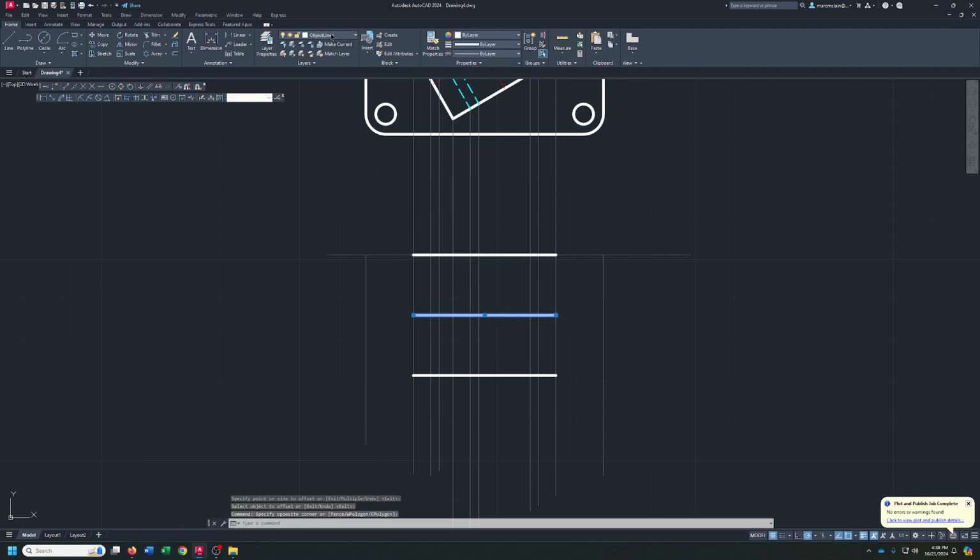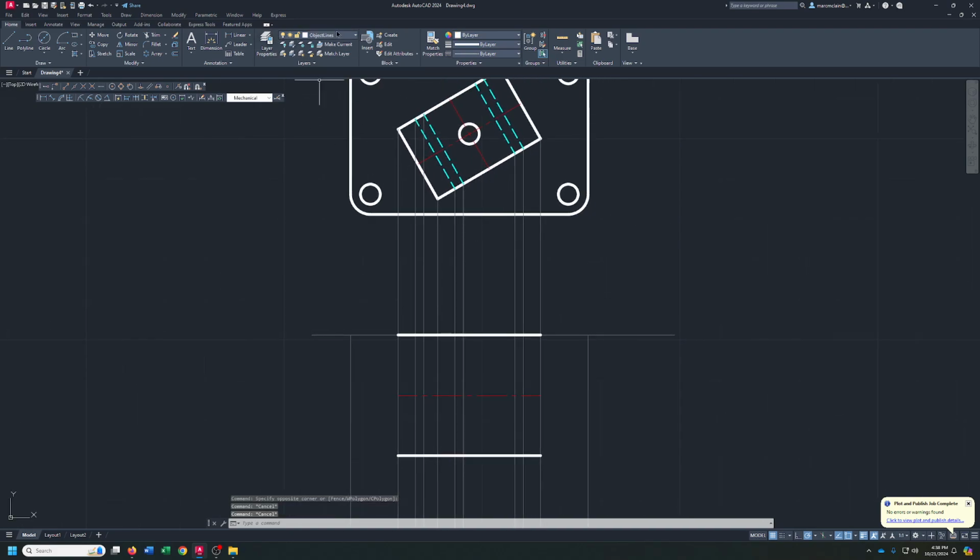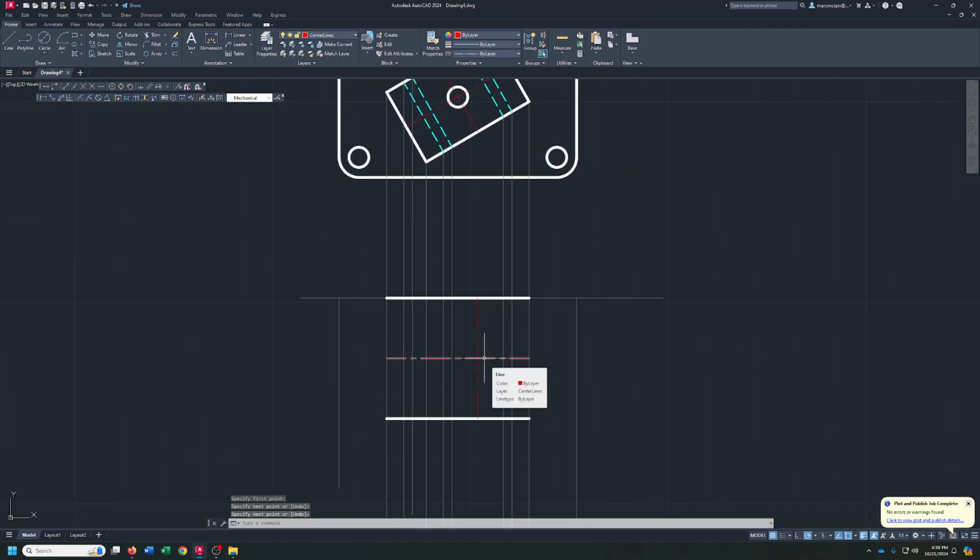That one I want to turn into a center line. Okay, now I'm also going to bring another center line down from here. And I'm going to offset this line right here, 0.375. Offset 375. And I'm going to change that one to